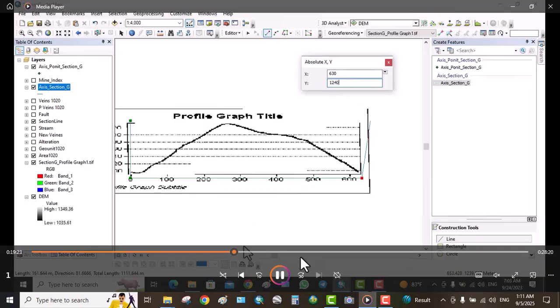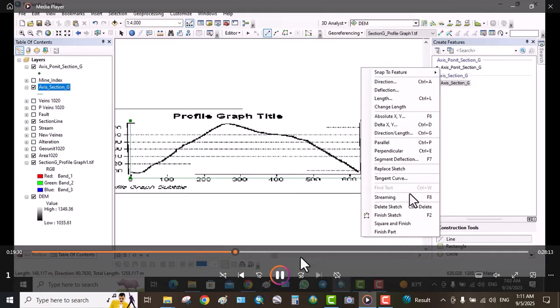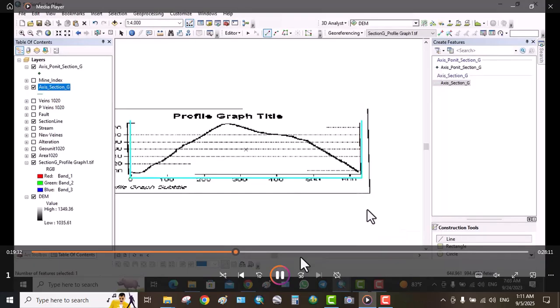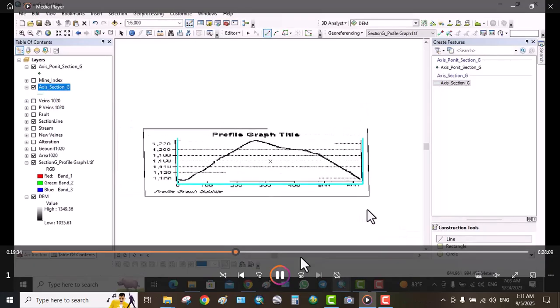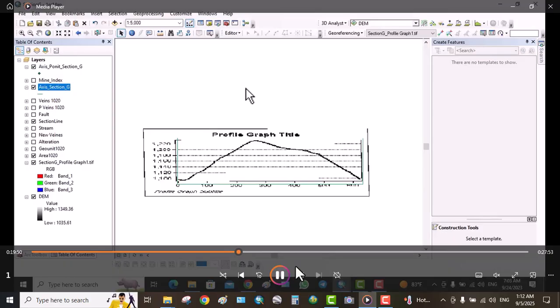Check X to see how many meters it has been placed. About 650 have been placed, or maybe better, 630. Type X as 630 and Y as 1080. Click Enter. Draw another axis